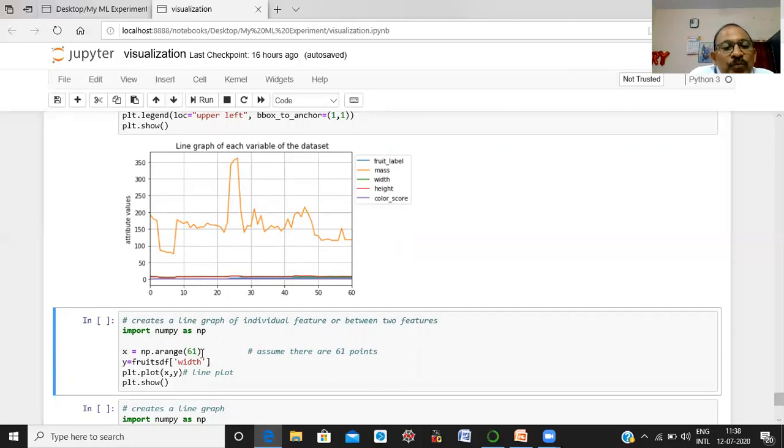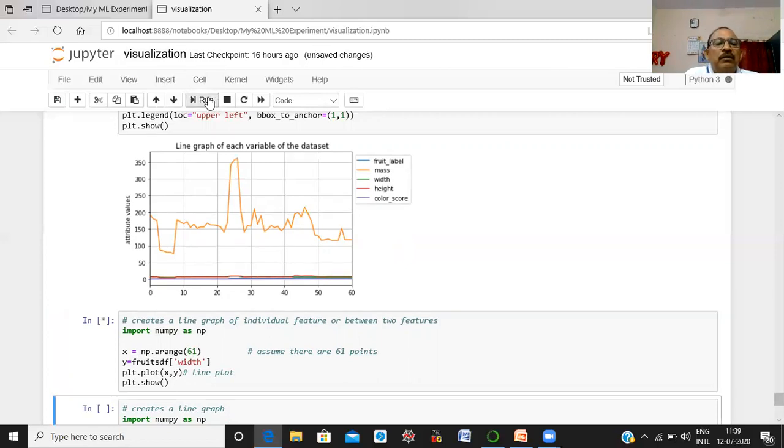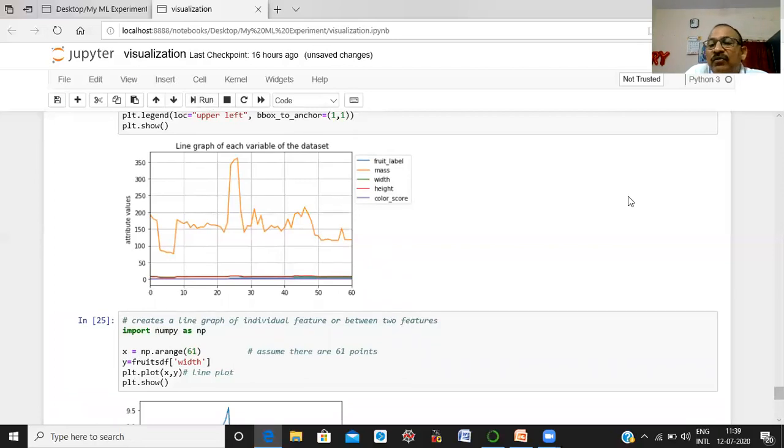These 61 points are on the x-axis and y means the width is on the y-axis. So we are going to draw a line between x and y. X is simply 61 points and y is the value of the width. So this way you can draw the individual line graph for each variable.